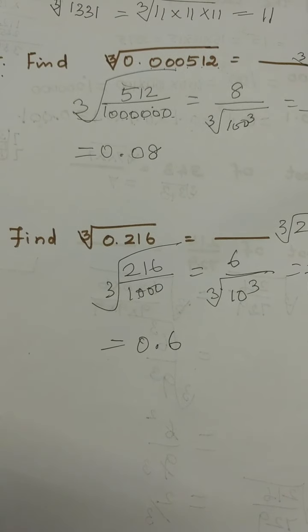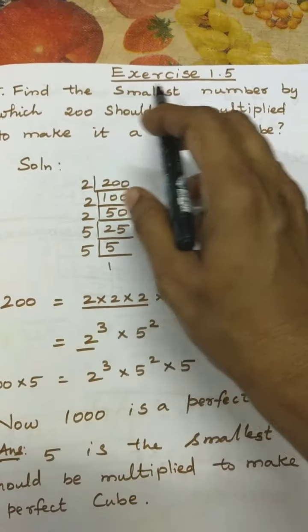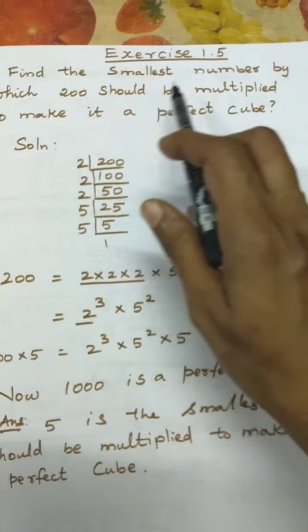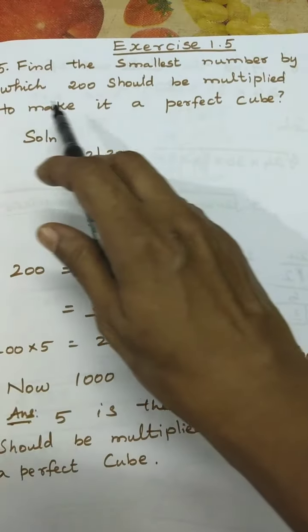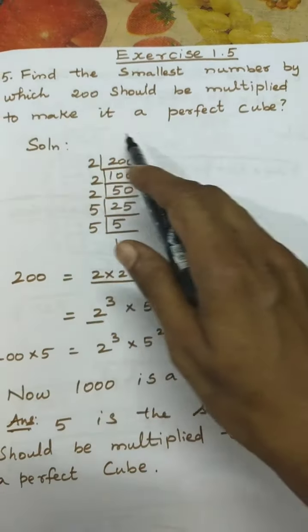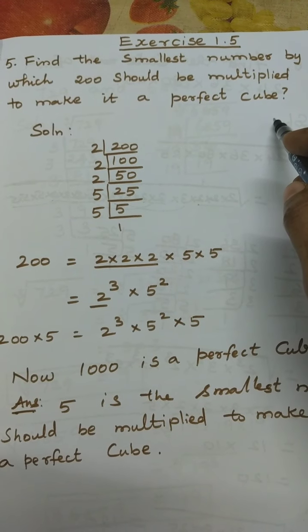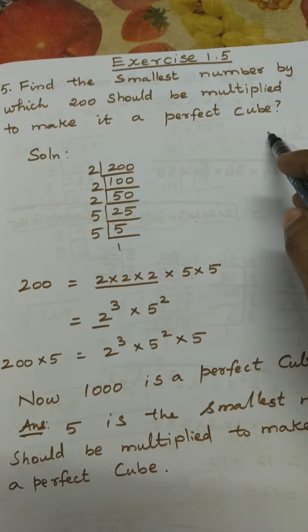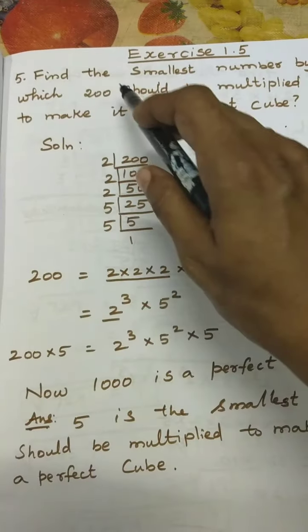Okay, have you understood? Now we shall move to exercise 1.5. Find the smallest number by which 200 should be multiplied to make it a perfect cube. Till now we have seen the square. Now we have to see whether 200 is a